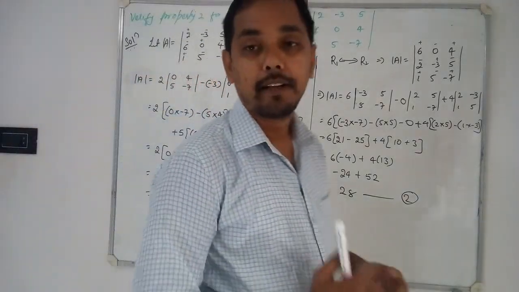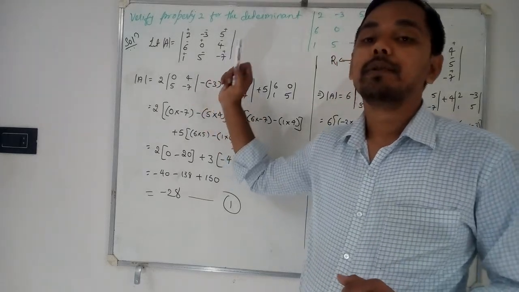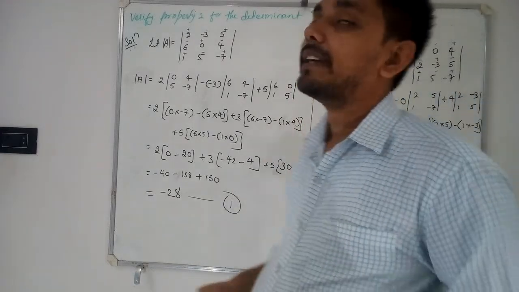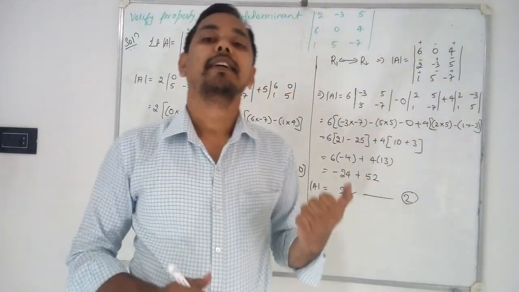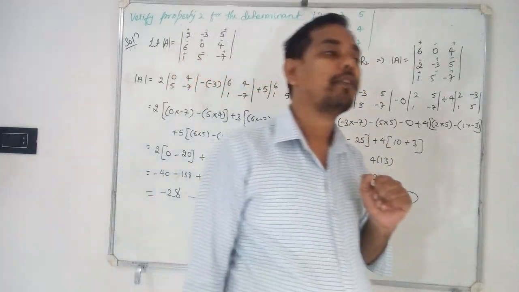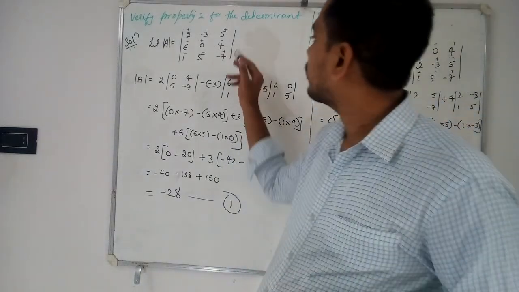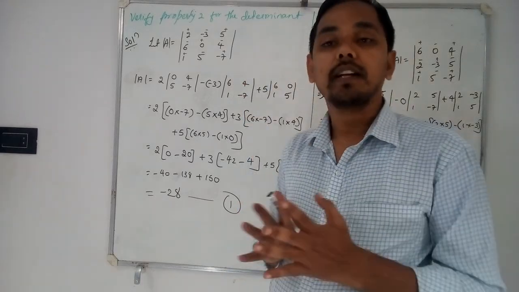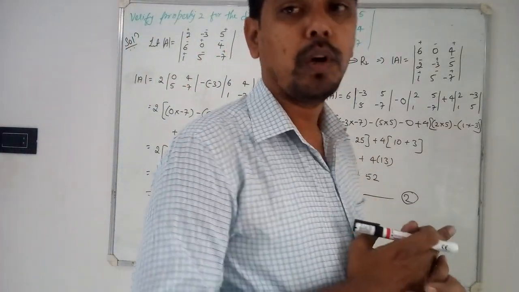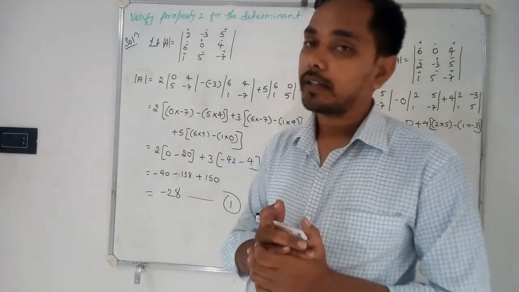And apart from that, for the same determinant, you try to calculate the value, try to apply different properties. What was the third property? If any two rows or two columns are identical or proportional, the value of determinant will become 0. For that, if you do not take this one, you take any other determinant where two rows or two columns are identical, then try to calculate the value. We have done it for second order determinant. You try to do it for third order determinant.